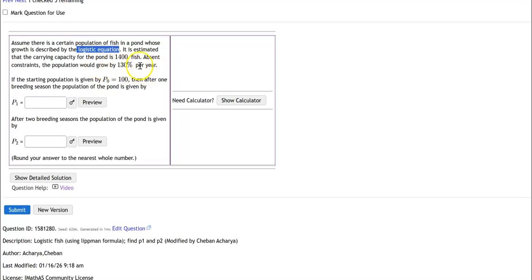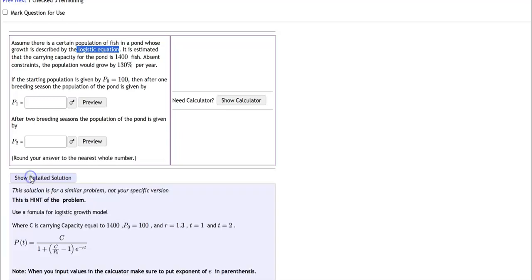See, this is the rate of growth. So if the starting population is P0 equals 100, then after one breeding season, the population of the pond is how much? We've got to find the population after one breeding season, and after two breeding seasons. So basically, you've got to find P1 and P2 using the formula of the logistic model, and this is